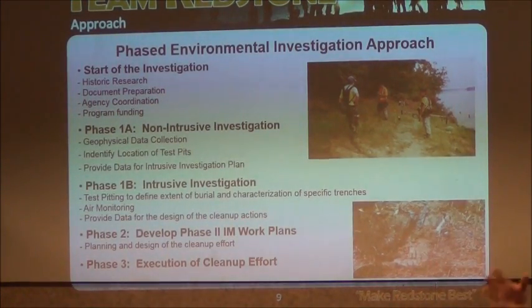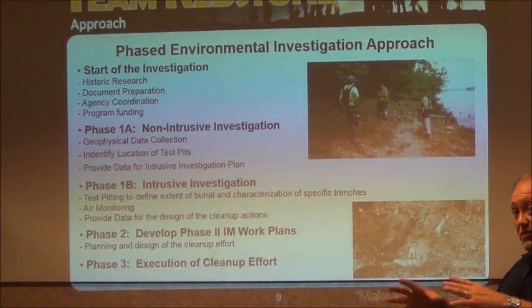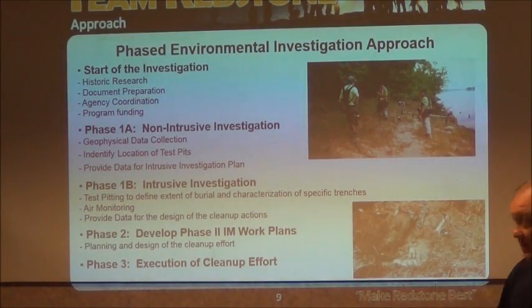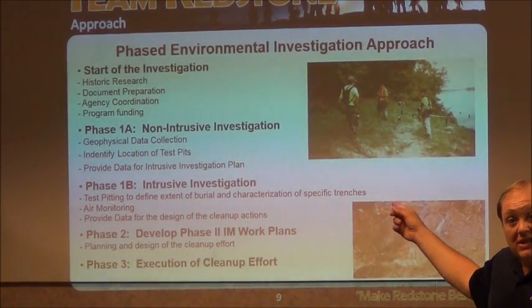Von Braun came in and they started going into the missile era and the rocketry era, and that's really when NASA began to organically form through different organizations within the Army that actually went into NASA. So on the non-intrusive investigation, we took those areas that we found,